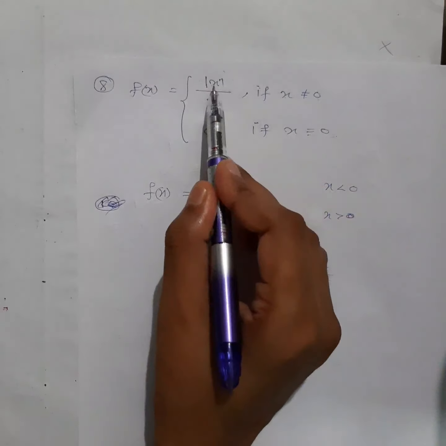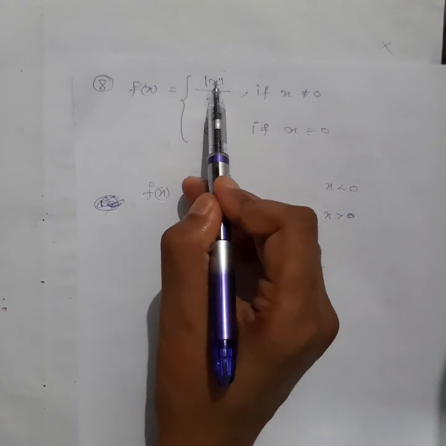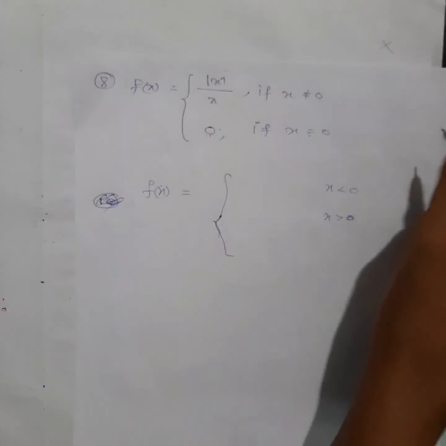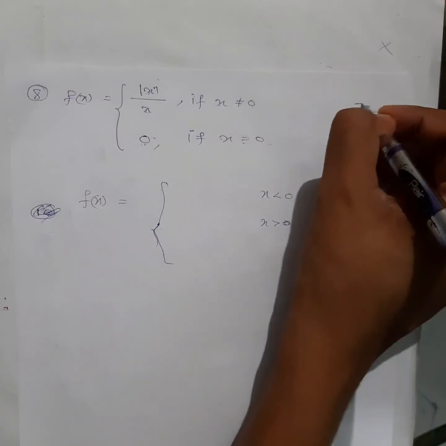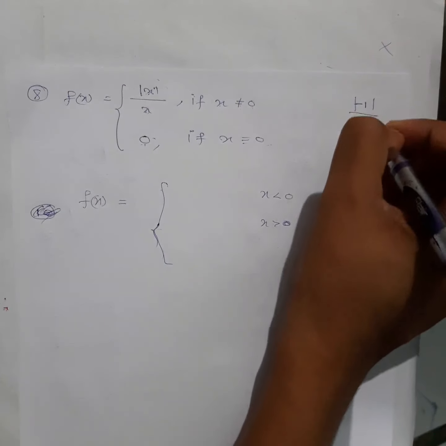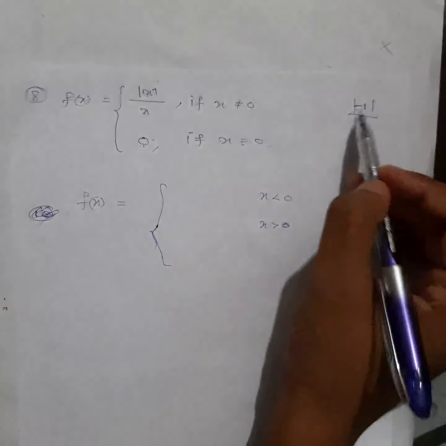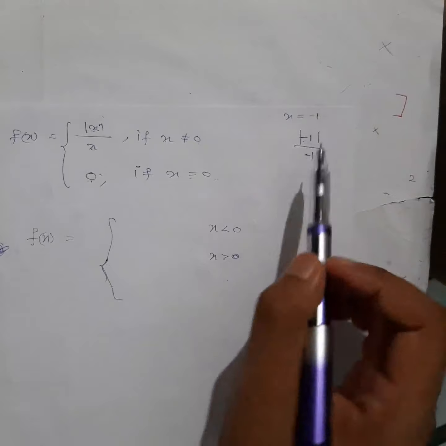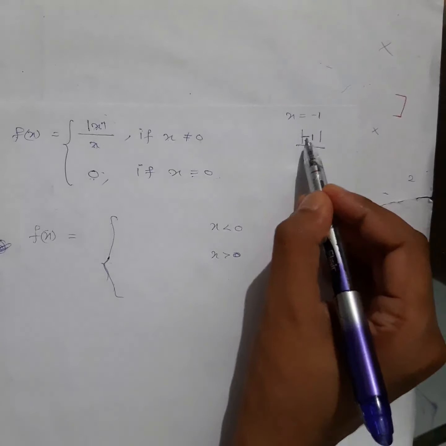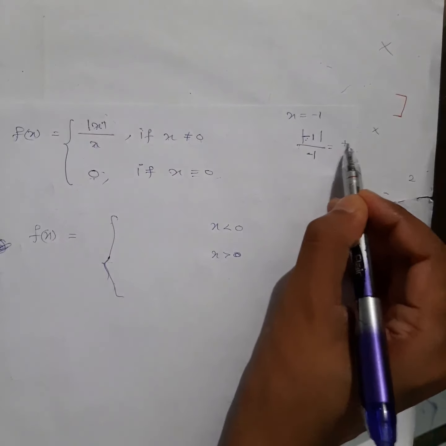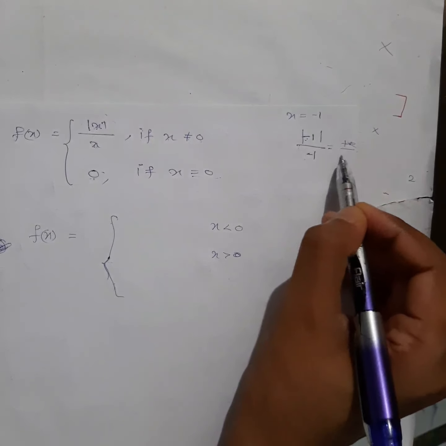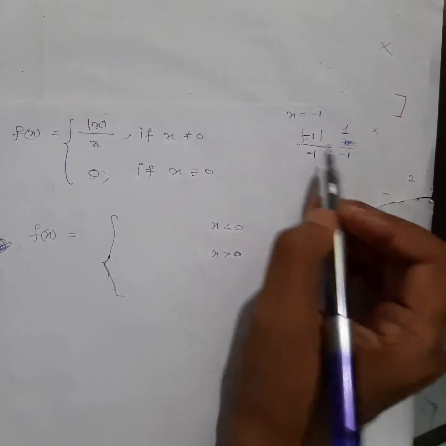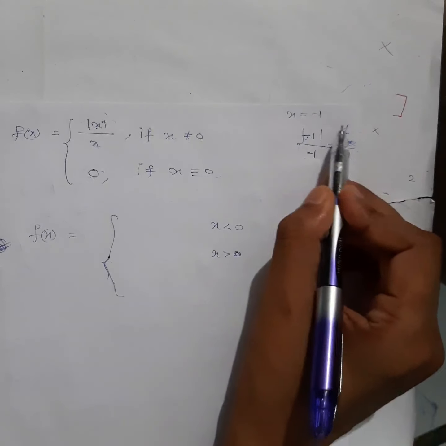Okay, for x less than 0 means what? Negative value, right? So x will be negative here. If this is also negative, what kind of output will we get? Let's take one value, like minus 1 by minus 1. When you take x equal to minus 1, a negative value, what kind of output will you get? This will make it positive and this will remain the same. This will become 1.